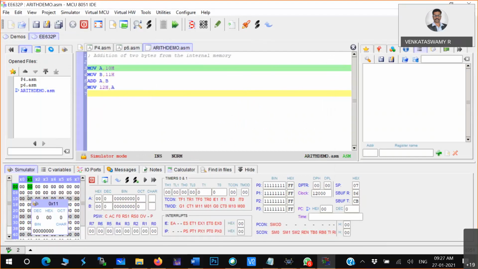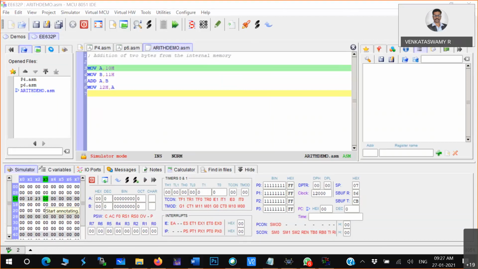Now I'll double click on this part and store the data. So I stored 10 and 23. Can you see here? I just stored manually. I fed that particular data here, and the data went here.